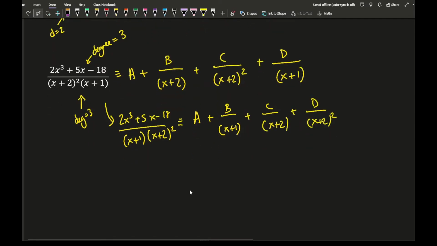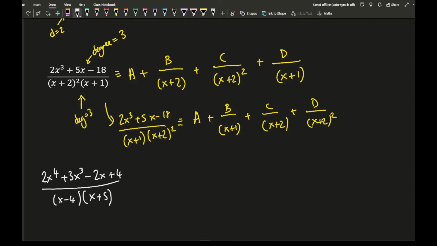Now, let's say you get a question, and this may turn up in a textbook question rather than an exam-style question. So let's say I had 2x to the power 4 plus 3x cubed minus 2x plus 4 over x minus 4, x plus 5. Now here we've got a degree of x of 4 at the top and just a degree of x of 2 at the bottom. So 4 take away 2 is 2, so I'm going to end up with ax squared plus bx plus c, and then the partial fraction element comes in,